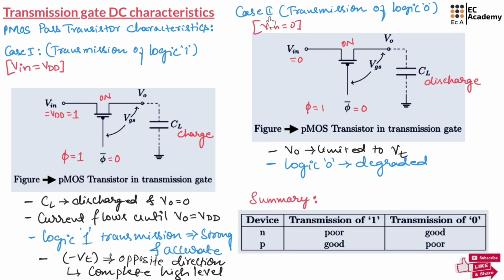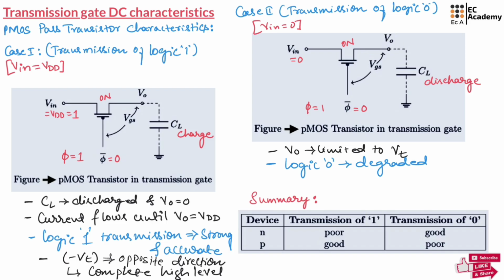Now let us consider case 2, when PMOS is transmitting logic 0, when input is equal to 0. So when input is equal to 0, the control signal across PMOS will be equal to 0. In that case, the PMOS will be on. Hence, there will be no path between input and output. Current will not flow between input and output. Hence, the capacitor starts discharging. Here, the output voltage is limited to the threshold voltage,